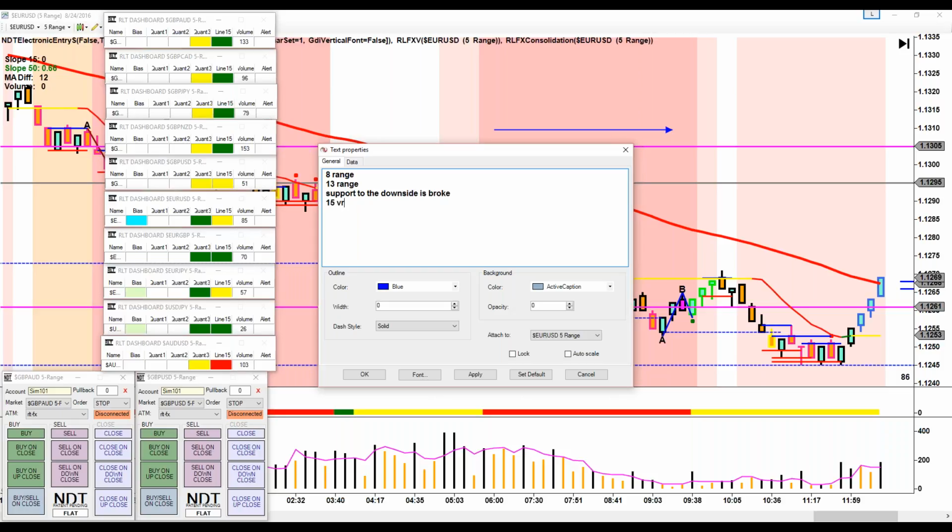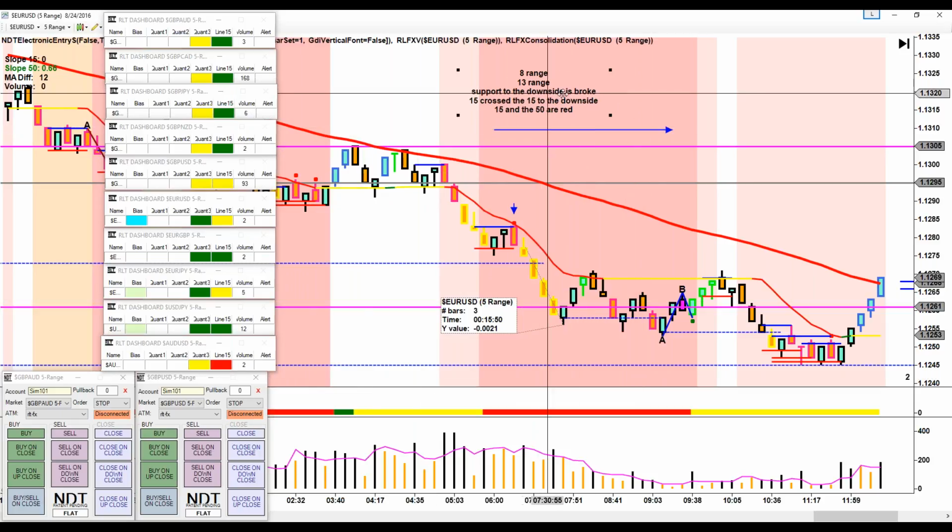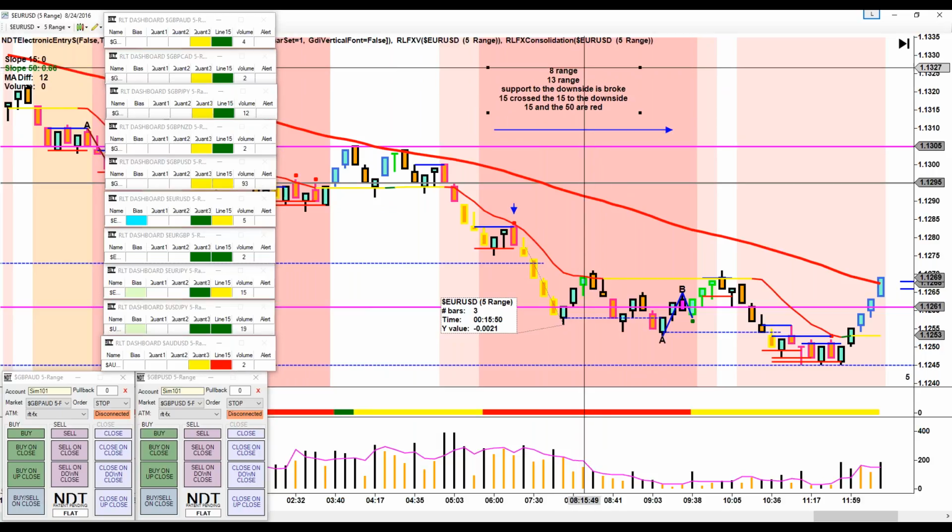Our 15 has crossed the 50 to the downside, and the 15 and the 50 are red. That's a lot. So on the 8 and 13 range, without you having to look at it,